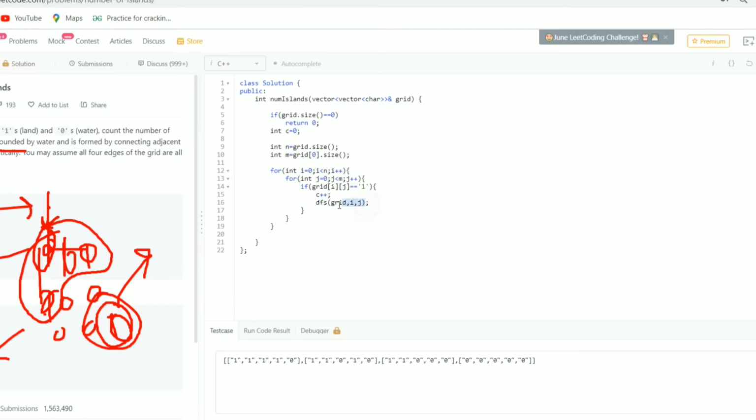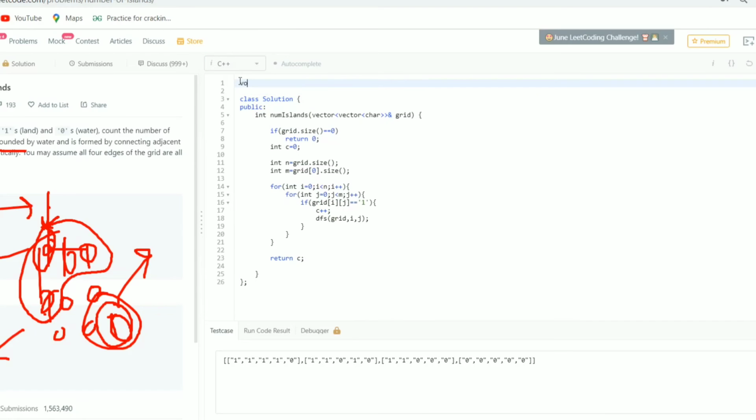So before calling the DFS function I will increase my count and then I will call the DFS function, and this DFS function will convert all ones to 0 adjacent wise. It will traverse adjacent cells and convert 1 to 0. After that I will return C. Now I'll be making my DFS function.